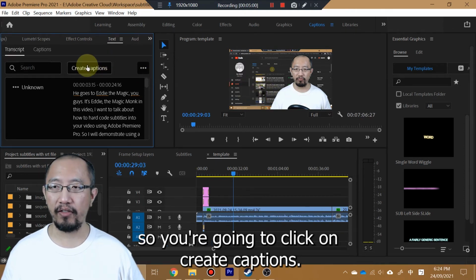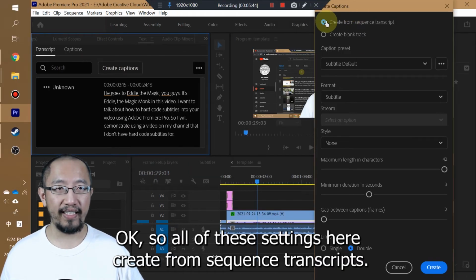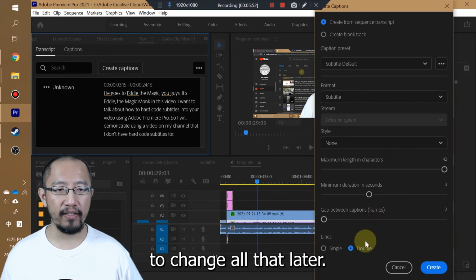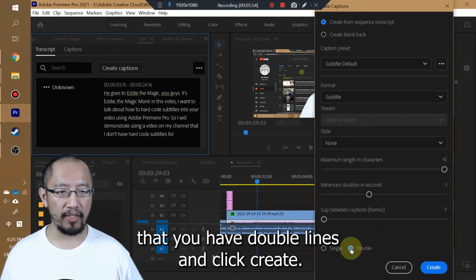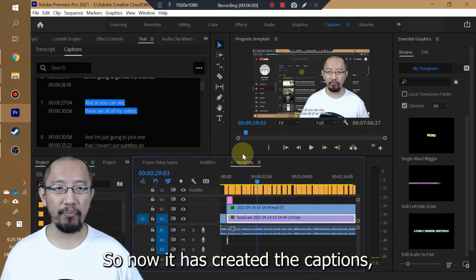So you're going to click on create captions. Okay, so all of these settings here, create from sequence, transcript. Don't worry about the preset, the format. We're going to change all that later. And then you're just going to make sure that you have double lines and click create. So now it has created the captions.